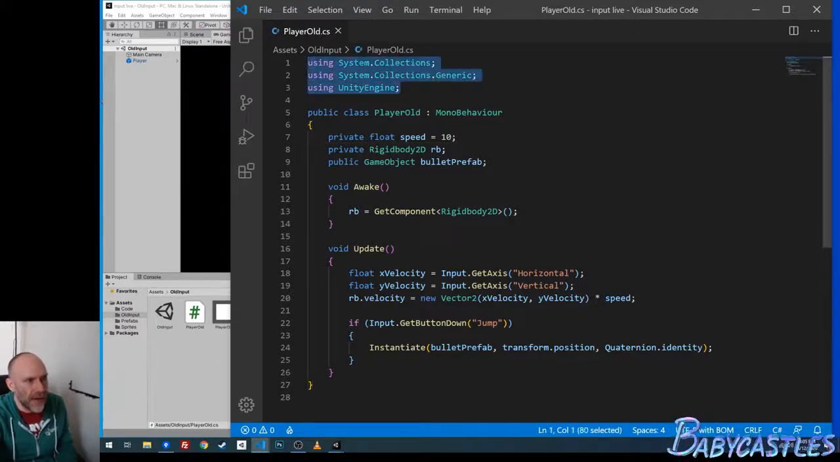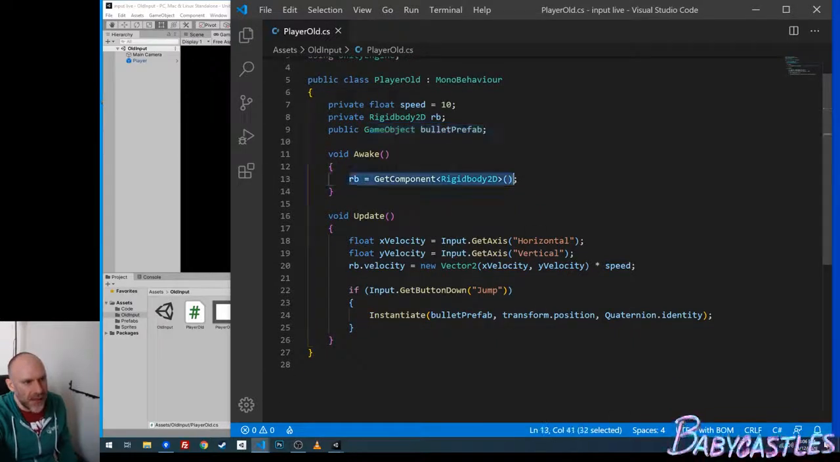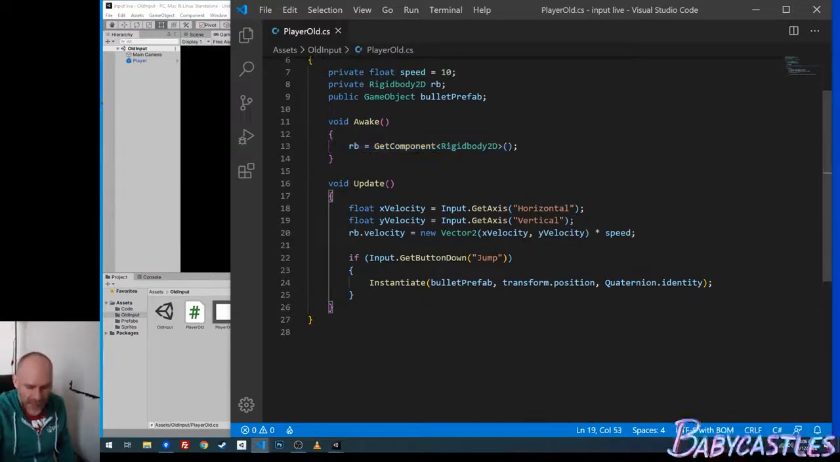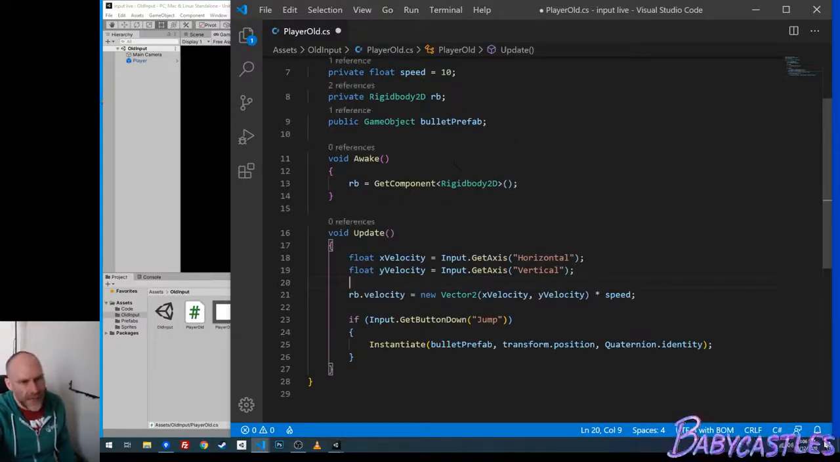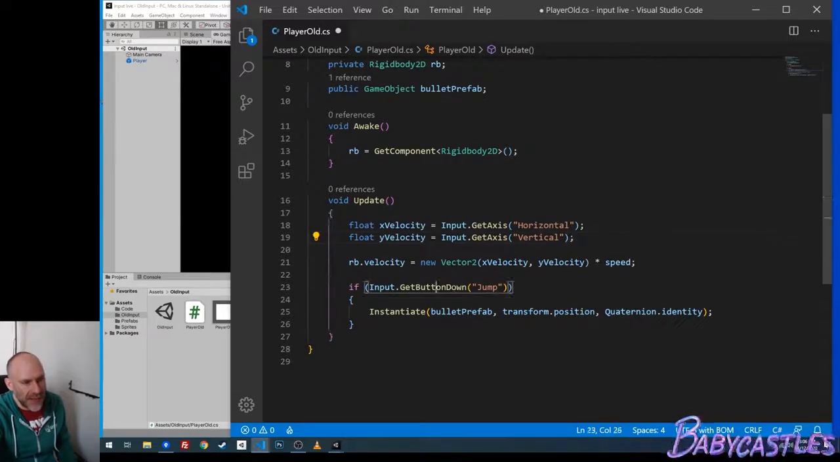What we have is all the namespaces that Unity brings in automatically. I have a float for the speed. I'm getting the rigid body, and I have a prefab for the bullets that get created. On awake, I do a lookup for the rigid body, and on update, I get a reference to the input horizontal axis and the input vertical axis. I store these floats, and then I set them to a velocity, multiplied by the speed, and that gives me my movement. For creating the bullets, I have an input.get button down, and jump is predefined to be the